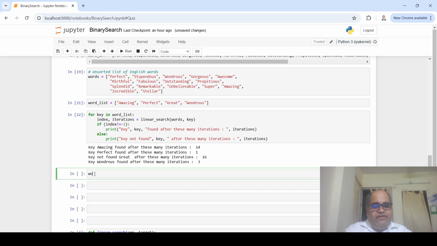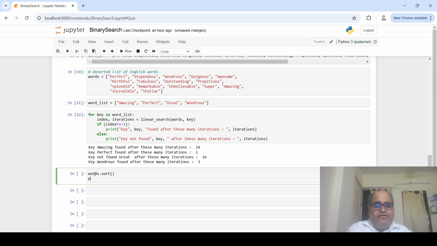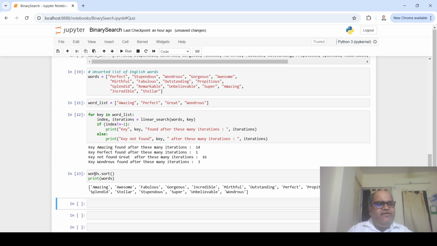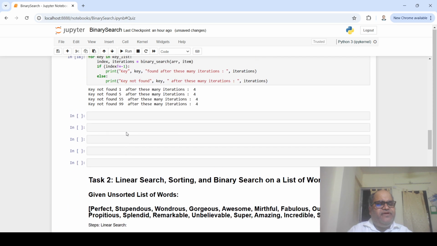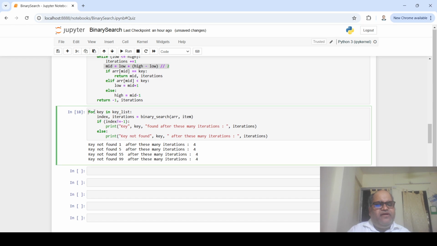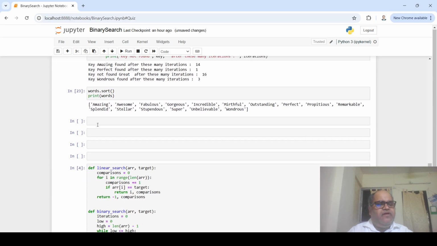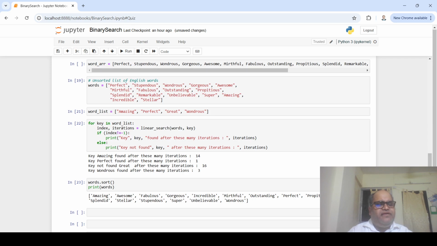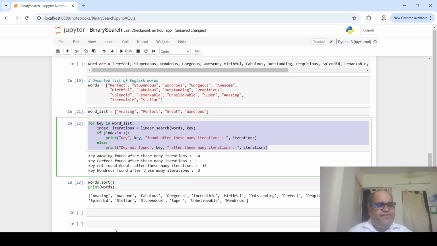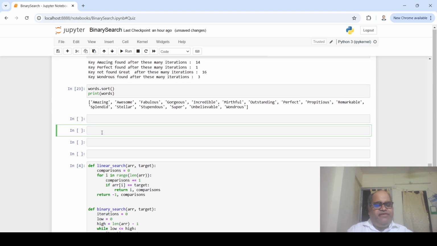search our word, right? Sort. So we are calling the inbuilt Python sort, and then you can print, right? So you can print words. So now it is actually kind of in sorted order. If you actually now try and call binary search on this, right? The same code. I'm going to take this one, right? Take this one. Control C. So you can actually see here